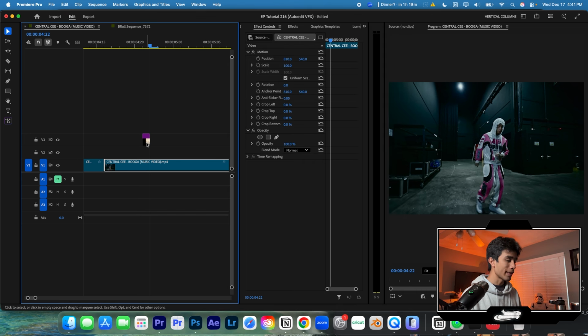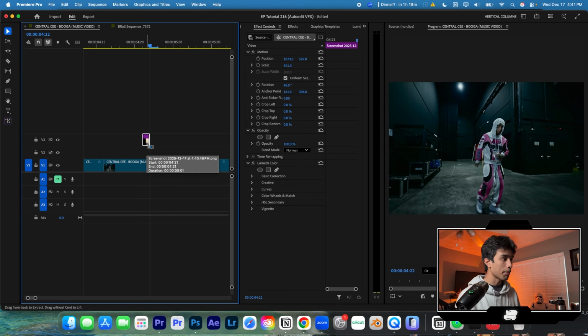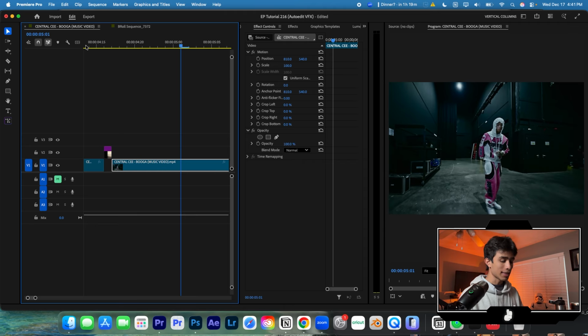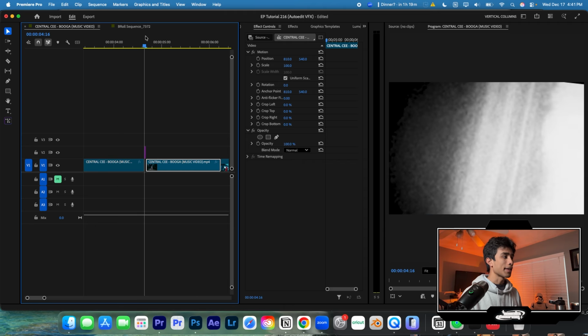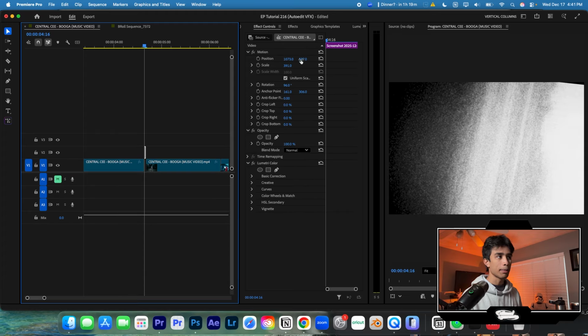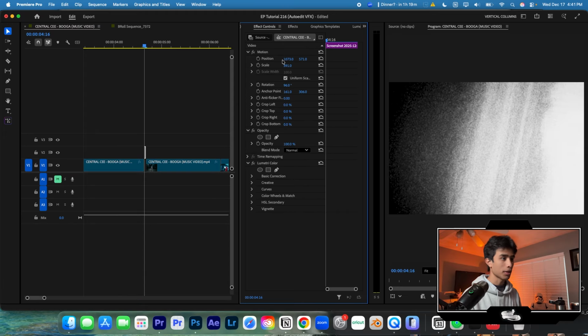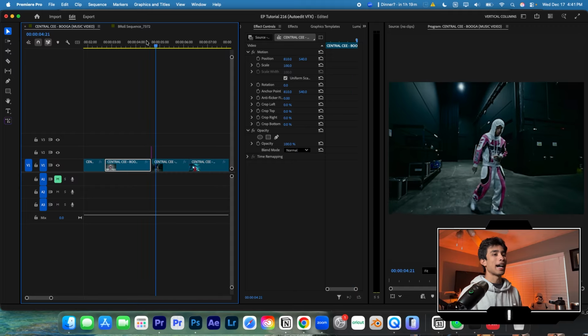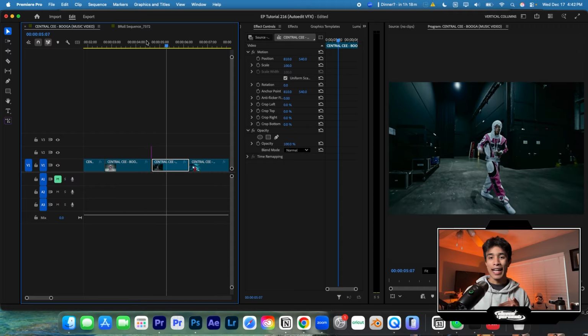What I'm going to do is click on this, hold Command, and drag this in between one of my cuts, and boom, just like that. That is literally it. This looks so much higher quality. I'm going to move this up because I realize it's cut off in the corner, but there you go. Boom, just like that. That is so much higher energy and higher quality than having to add any crazy